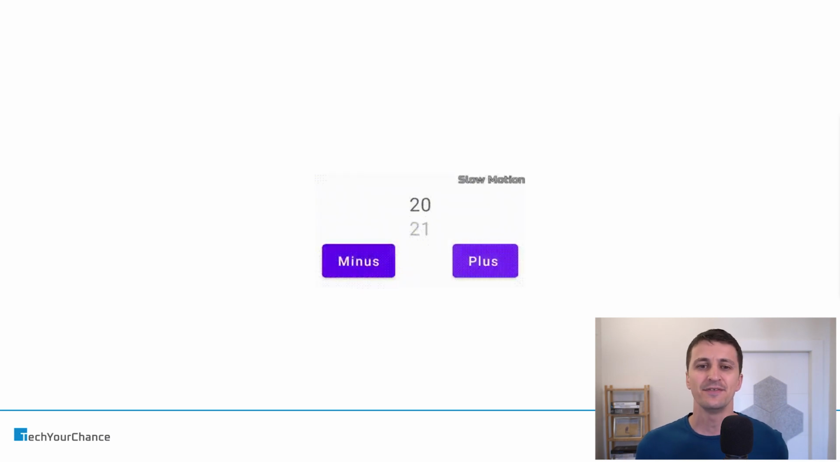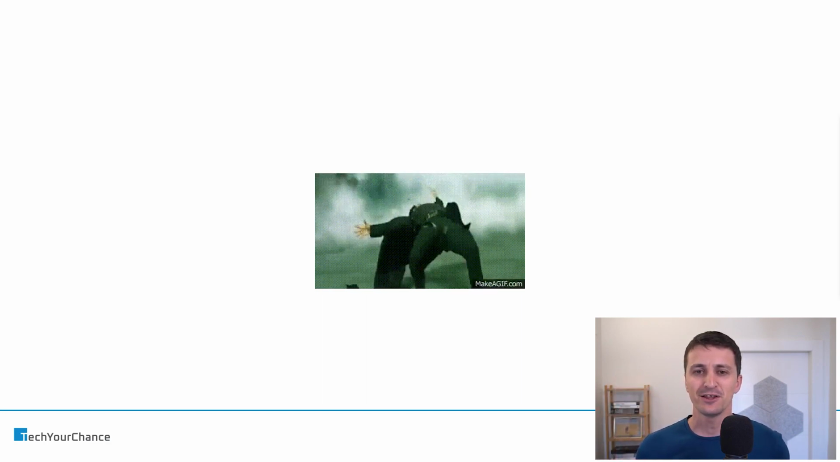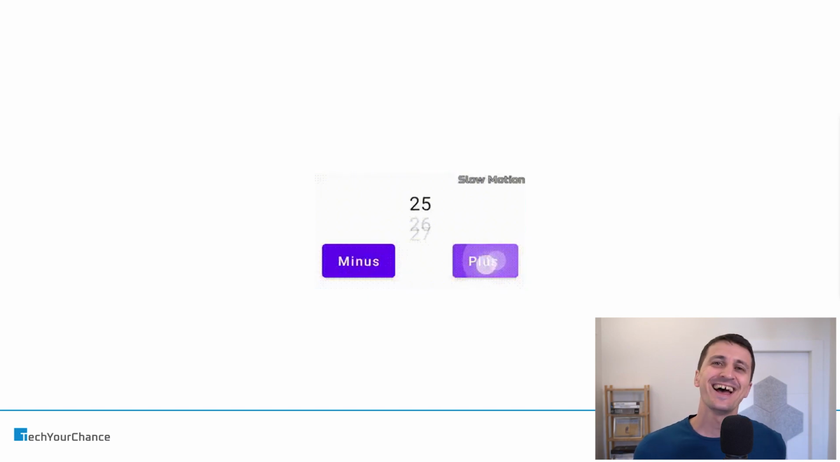So the next animation, which supposedly Jetpack Compose makes so simple to implement and would be so difficult with the classical view system, is this. So we have two buttons, minus and plus, and when we click on plus, we have these numbers going up or down, and there's some animation. And of course, someone added there even this matrix reference